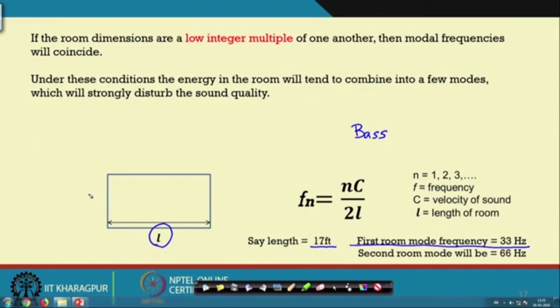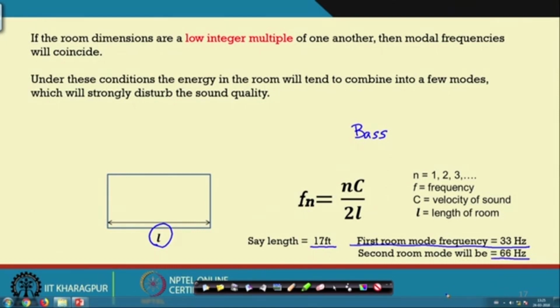If this is having a breadth which is a multiple, or say the breadth is also L, then the effect will be further high. The second room mode that will happen will be at 66 hertz, and this will go on,